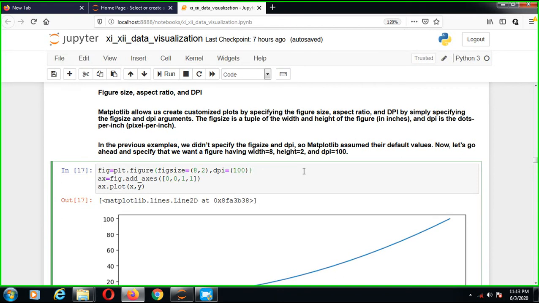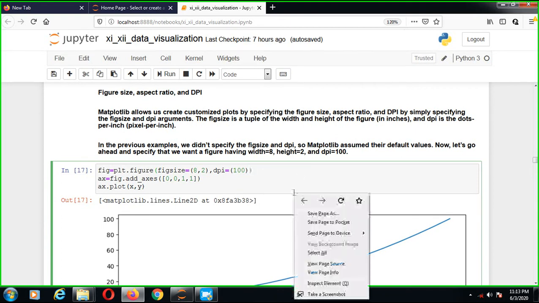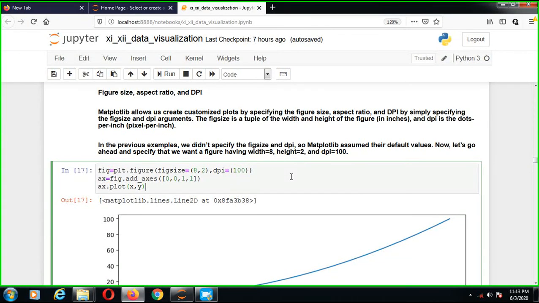In the previous example we didn't specify the figure size and DPI, so matplotlib assumed their default values. Now let's specify that we want a figure with width 8, height 2 and DPI 100. So we create a figure with that height, width and DPI, add the axes to the figure and plot the x, y figure.